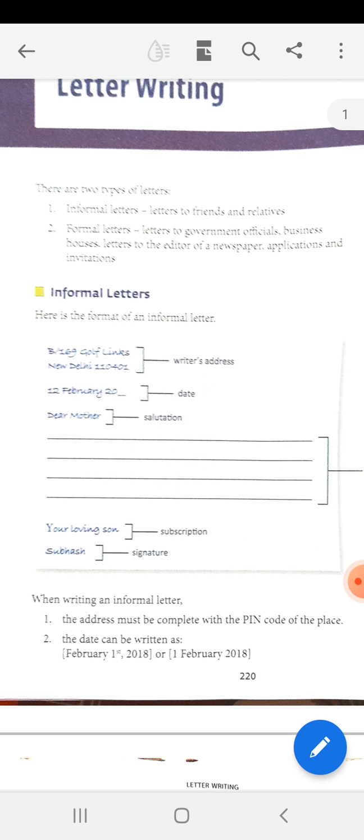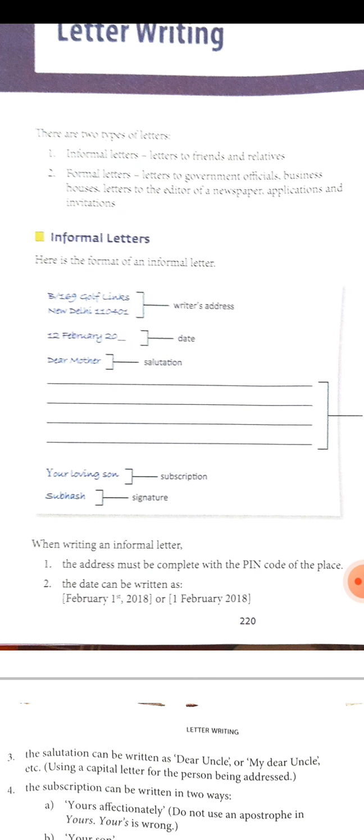Whosoever is writing the informal letter, that person will write his or her address, and then below that, leaving one line, you will write the date on which the letter is written, and then after leaving one line you will write the